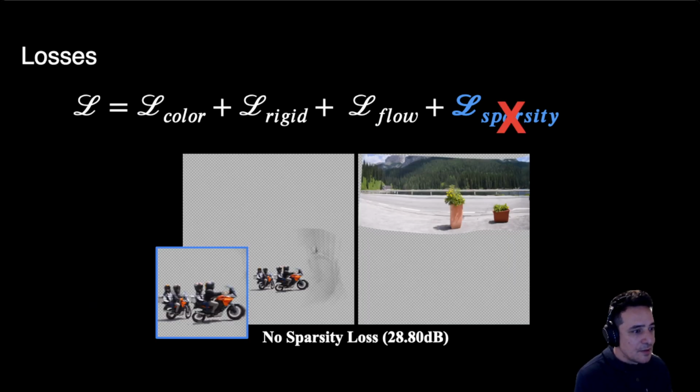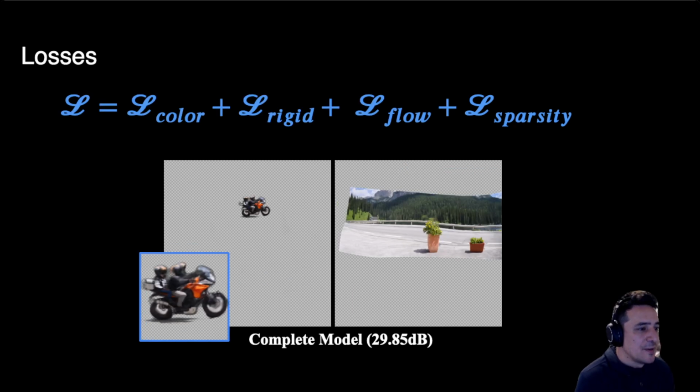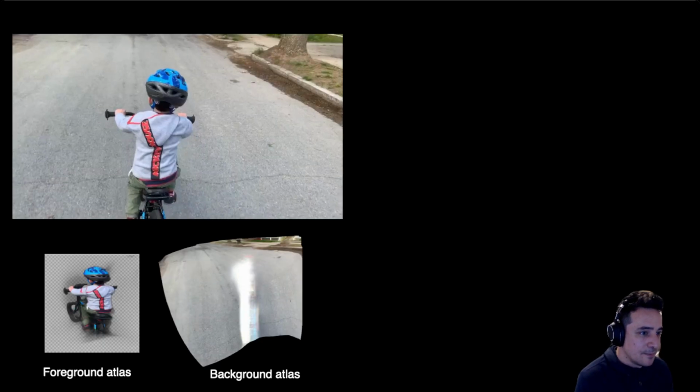The reason we do that is because a perfectly valid atlas could actually have every single frame contained inside of it, and then the mapping network would just have to look up the right location in this 2D atlas for each frame. But this is obviously not very useful because we wouldn't be able to propagate edits the right way. So here you can see that without the sparsity loss, you end up with two motorcycles. But when you have the sparsity loss, you end up with what you would want, which is a single representation of the foreground and background.